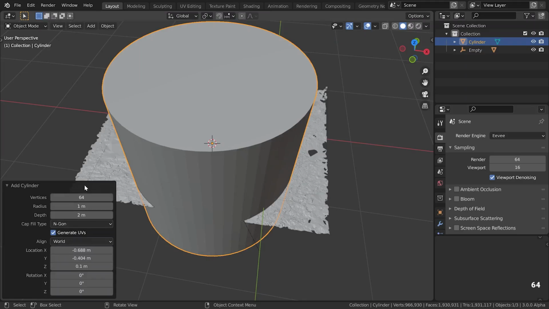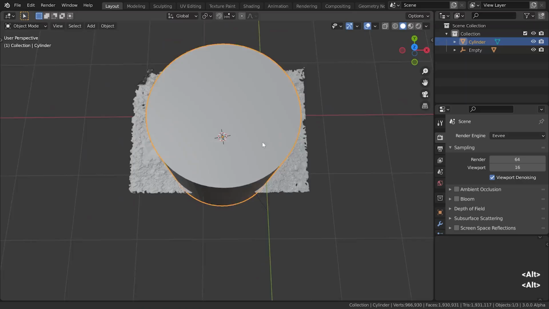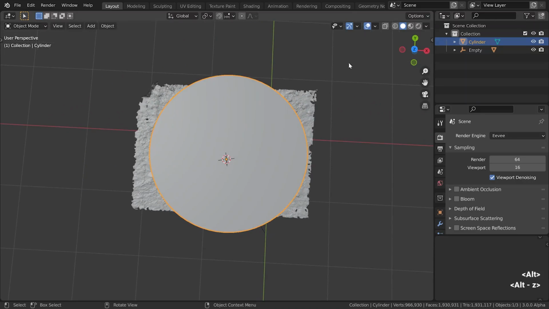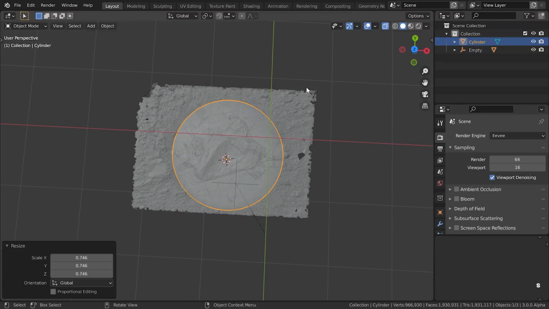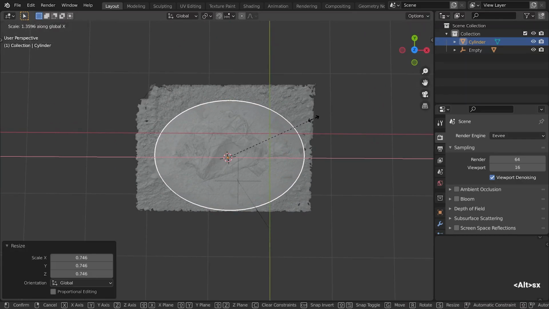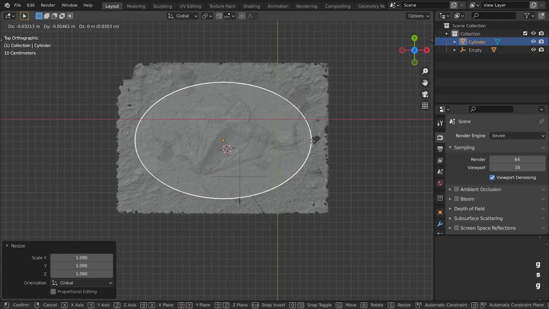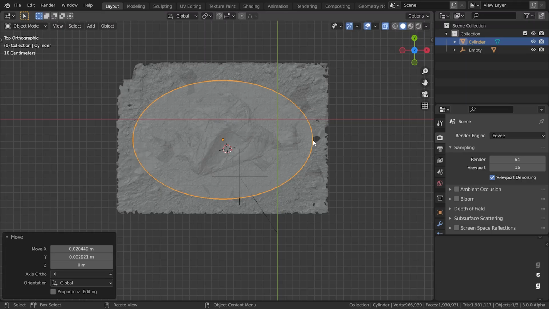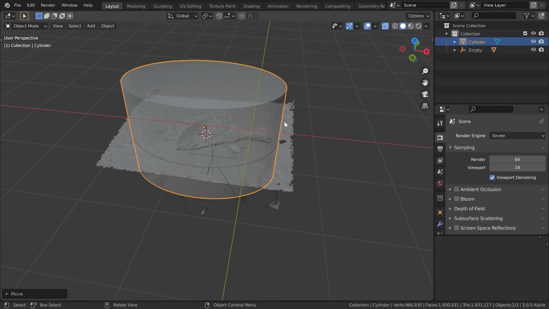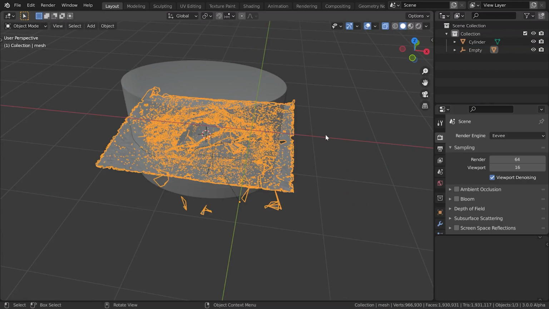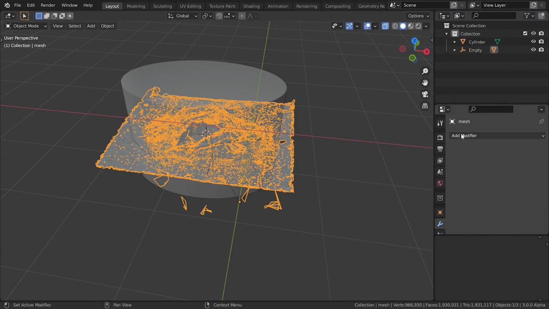Let's crank up the vertices count to make the cutout a little bit smoother. We can click the X-ray icon to see through things, and S and X to scale the cylinder horizontally on the X-axis. And then I'm going to select the photoscan asset, come over to the modifiers tab and choose the